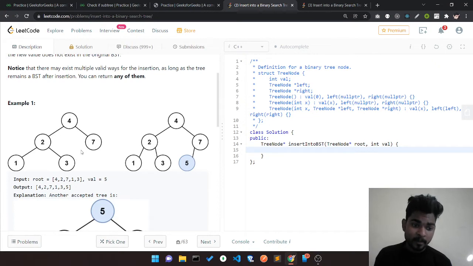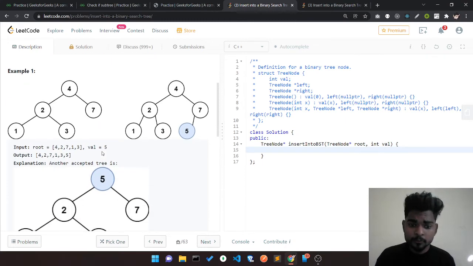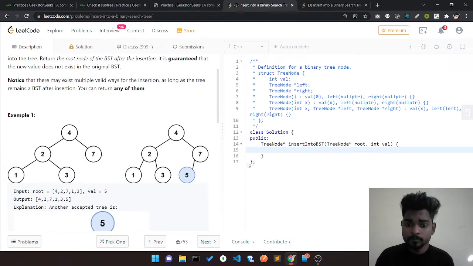But here it doesn't have any left node. So it means it's my appropriate position where I insert my val node. So I'll just insert it here. If it's greater, I'll insert it on the right side of my current node. So that's the intuition behind solving this problem.